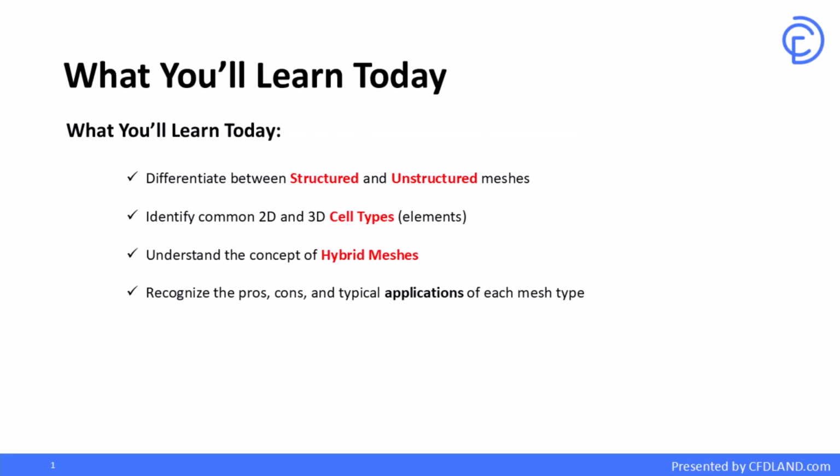world. So, what you learn today is all about giving you the power to first differentiate between structured and unstructured meshes. We'll make it crystal clear what makes them different. Next, you'll be able to identify common 2D and 3D cell types, or elements as they're often called. You'll know your triangles from your tetrahedrons in no time. Then we'll help you understand the concepts of hybrid meshes, which is a really clever way to get the best of both worlds. And finally, and this is super practical, you'll learn to recognize the pros, cons, and typical applications of